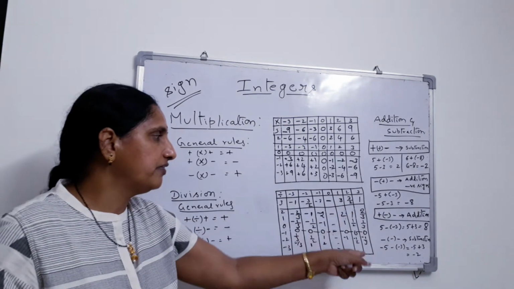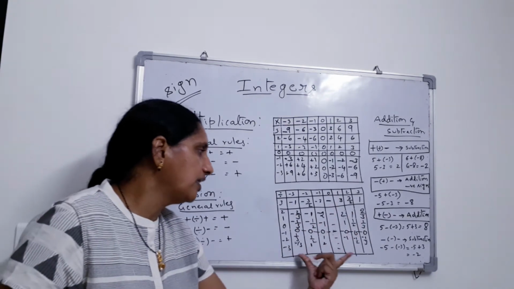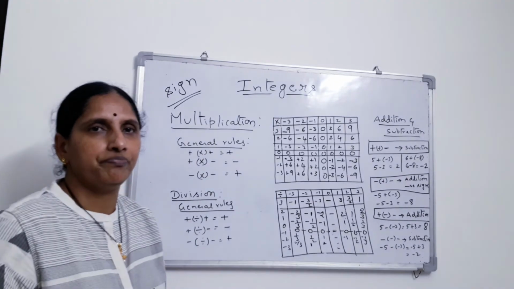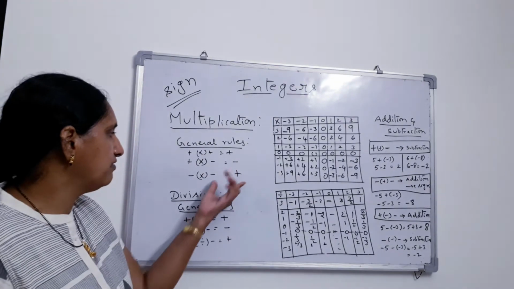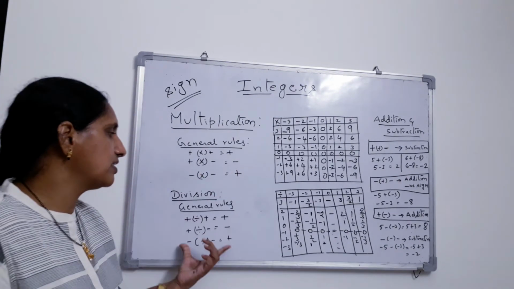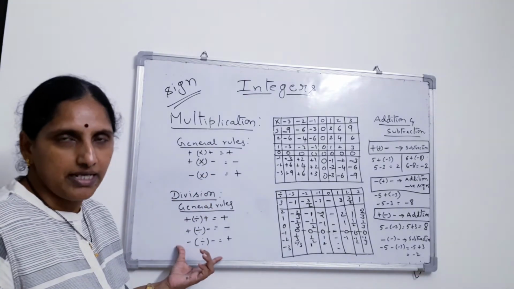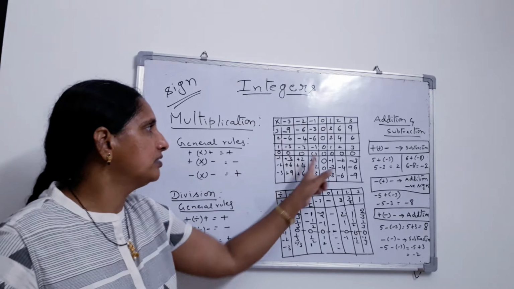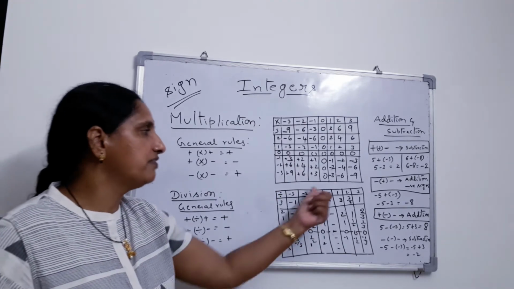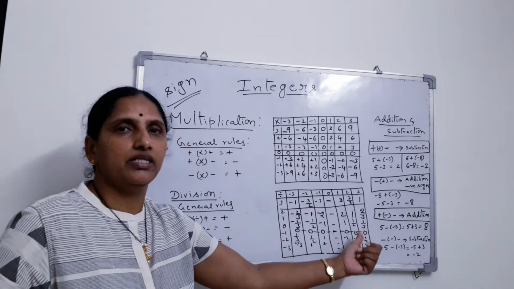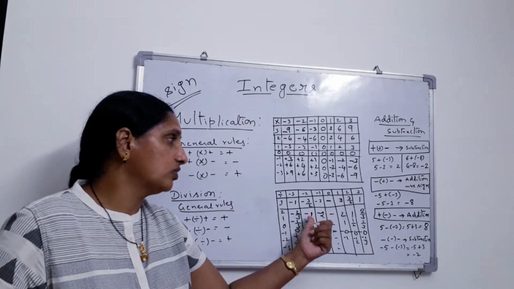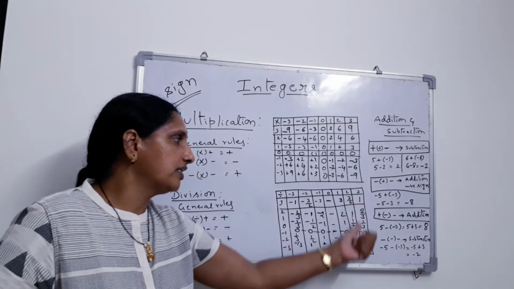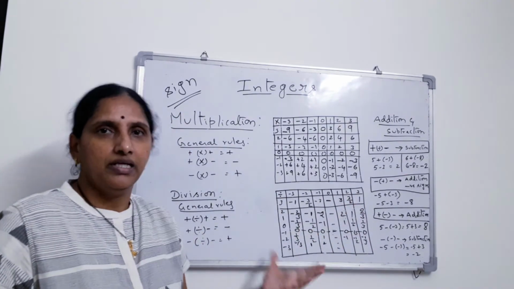Clear here? Everything. Similarly how we did here, try to finish this table. Clear? So both have the same kind of general rules. See this. General rules are the same. Here you are doing only multiplication, you are multiplying the numbers. Here you are doing the division, so you are either writing the quotient part or you are just writing it as a fraction. Clear?